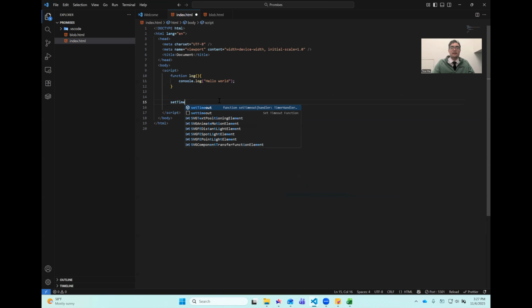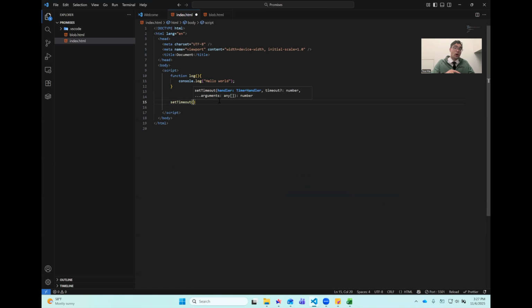So if I say setTimeout, this function takes in two things. It takes in a function to call after a set time, and it takes the amount of time that you want to time out. That's given in milliseconds. So for example, if I want to call my log function, I'll pass in the log function as the first parameter, and then 3000 milliseconds as the second parameter, and that will give us 3 seconds,